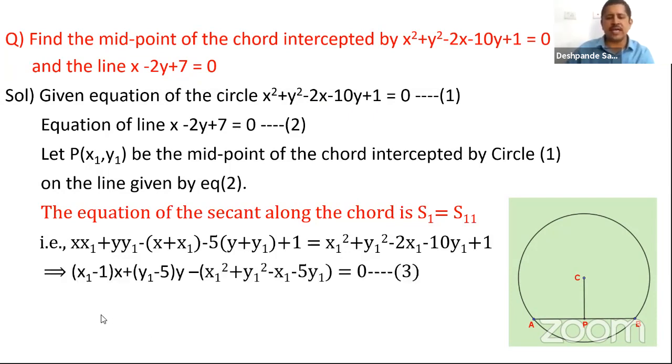So you just rearrange this. You can write (x1 minus 1) of x, (y1 minus 5) of y. Then you collect all the terms which do not have x and y. So there's no x here, so minus x1 square minus y1 square, negative sign taken common, so x1 square plus y1 square. Then you got minus x1 here and minus 2x1 here. So when it comes here, minus x1 plus 2x1 is plus x1, but you have taken a negative sign common, so minus x1. Then you got minus 5y1 and minus 10y1 here.